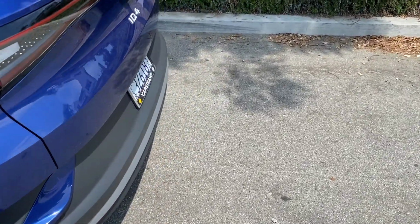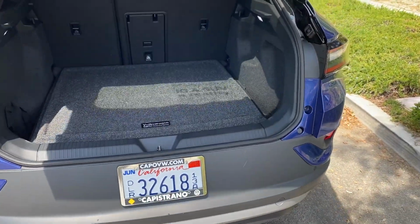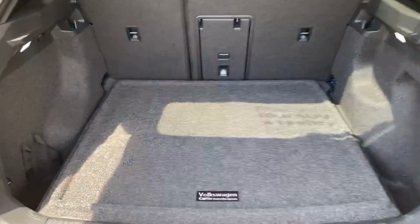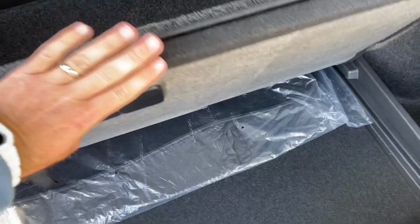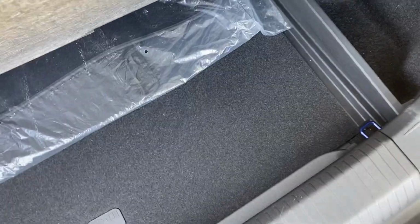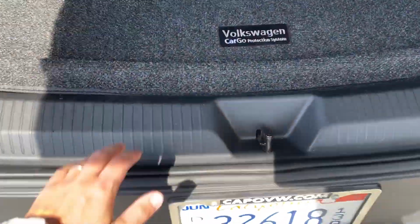Now, after the rear seat, obviously comes the trunk space, which the ID.4, again being the compact SUV, has a significant amount of. And the good thing is that this particular model, the first edition, the Pro S, will give you an adjustable floor, so you can adjust this panel. You can lower it, or you can just remove it to make the trunk a little bit deeper, or you can just keep it like this, and this gives you a really nice and flat surface here, and you can obviously put the seats back all the way, and this will give you a pretty